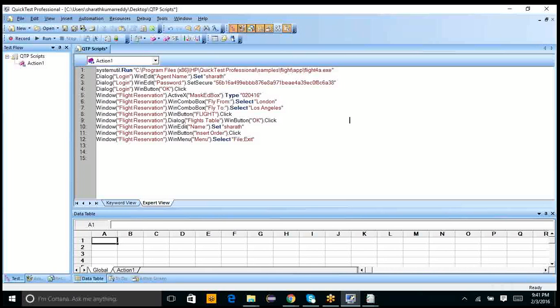Even manually, if you click the flights button, the flight application by default already selects the first flight itself. When you click just the OK button, the first flight information will be available. So there is no step required to select a different flight.